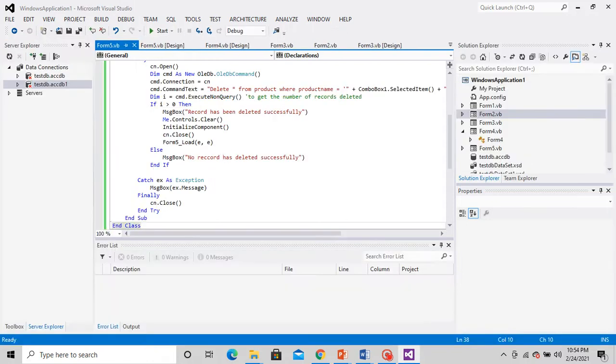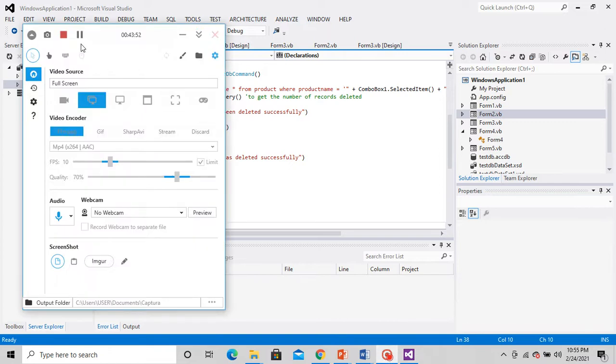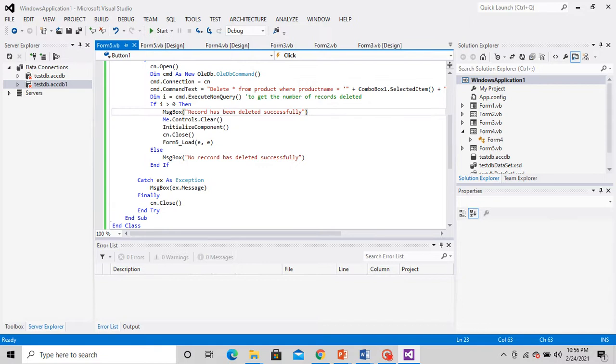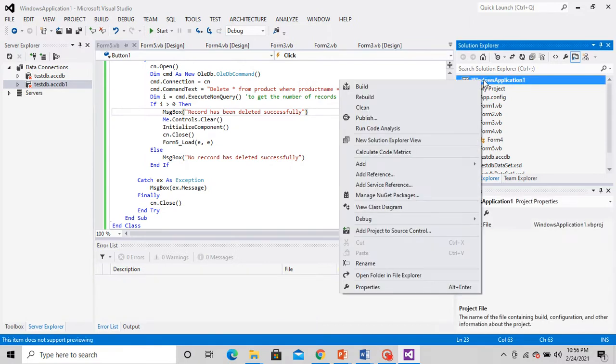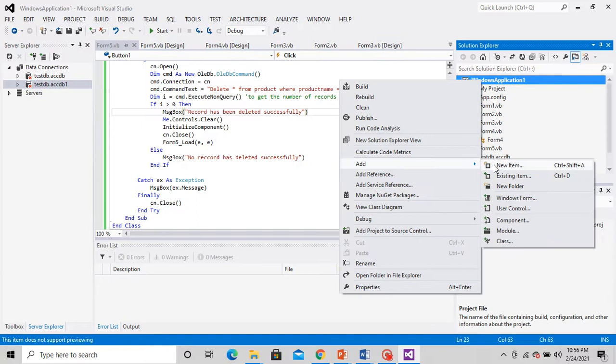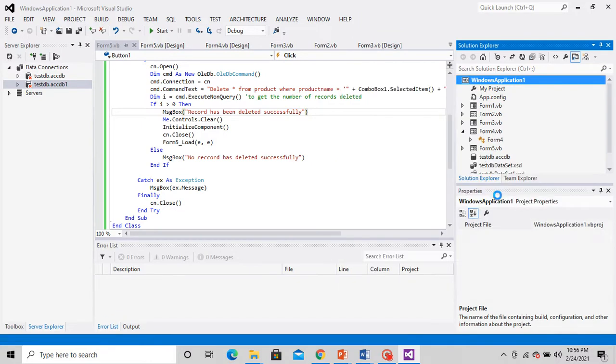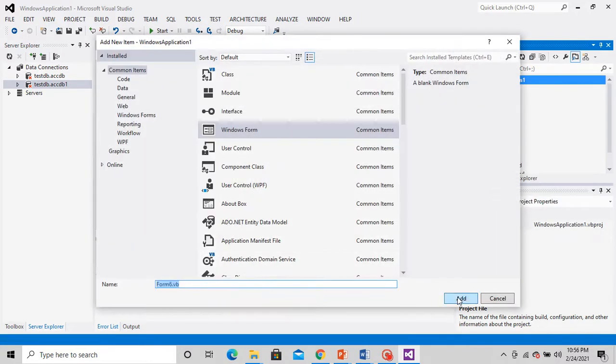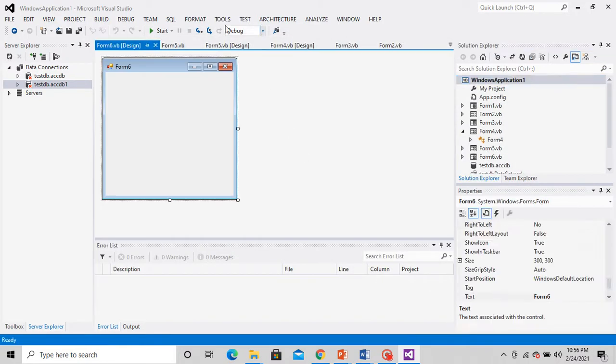Now, coming to the last part, that is the updation part. Okay, students, for the updation part, I'll add one more form, that is form 6.